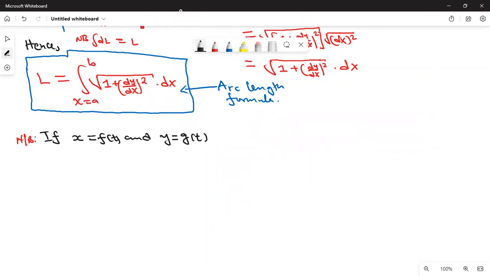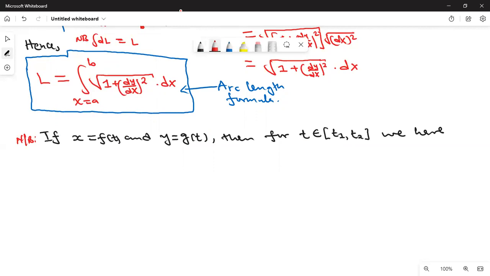Then for t in the interval t1 to t2, we have,